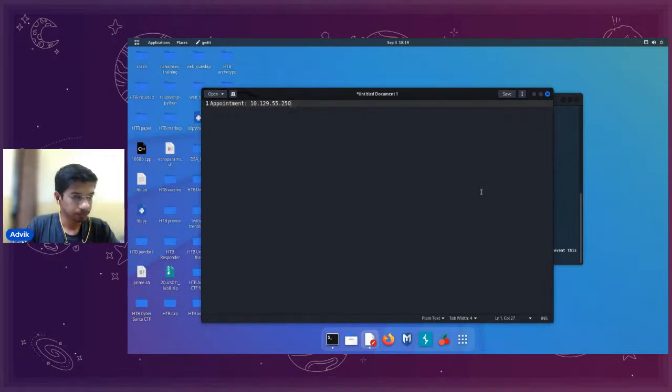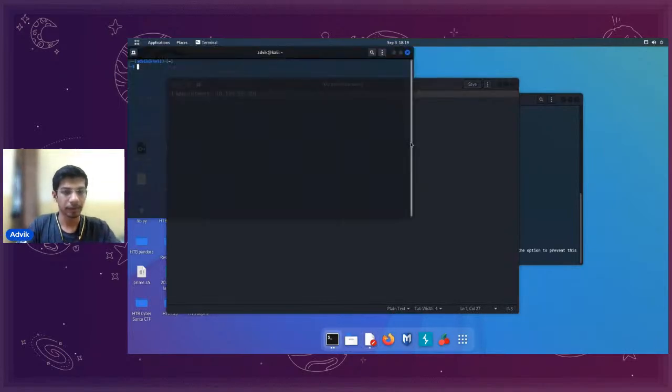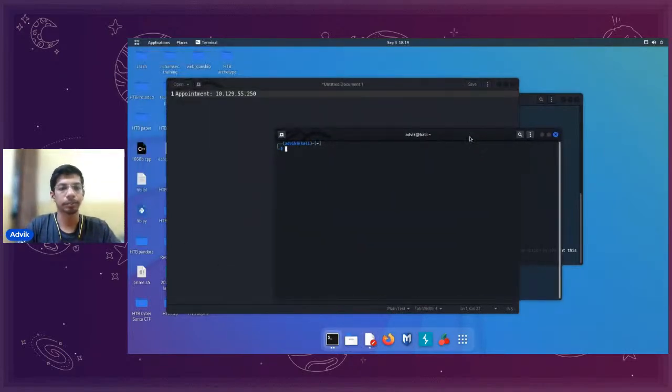Now, first of all, as I said before, the first phase of our hacking methodology is enumeration. So we'll use a tool called Nmap, Network Mapper. It comes installed by default in Kali Linux, or you can install it by typing apt install nmap like this and hit enter. After installing nmap,